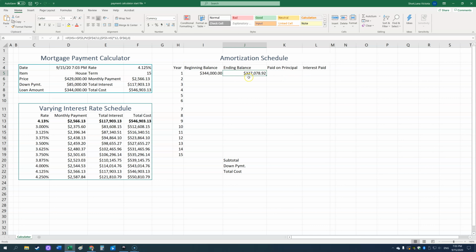And so this is my ending balance for year one. That means that this is how much I'm going to owe at the beginning of year two, correct? So basically, beginning balance, the actual loan amount, minus the number of 12 payments, each payment consisting of this value. All right, so actually for